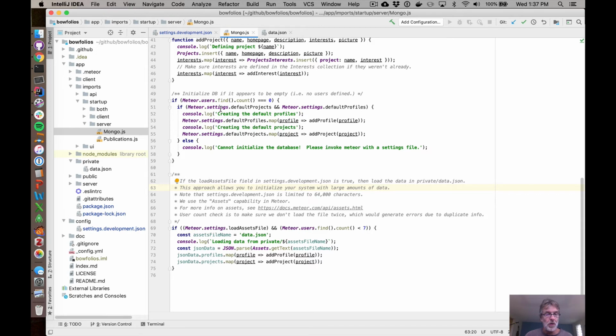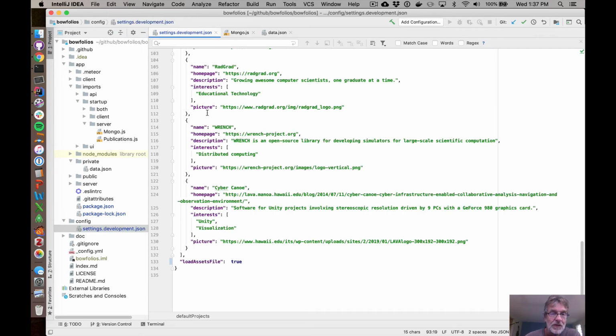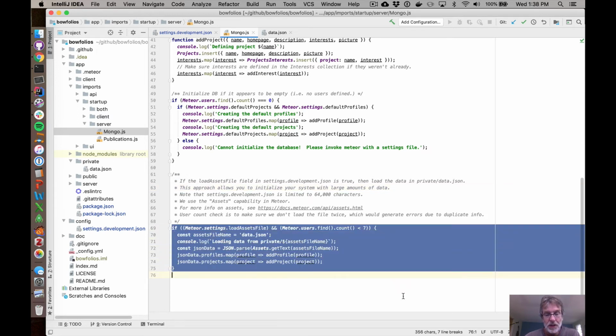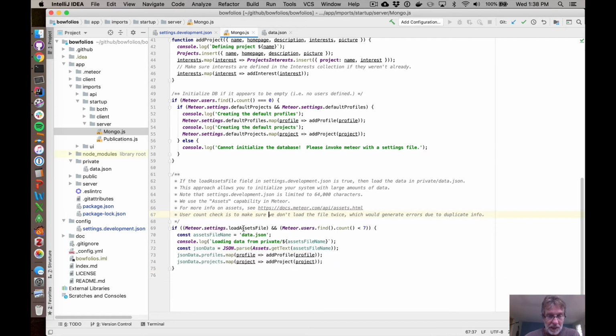So what I've done in this version of the system is I've gone into the settings.development JSON file, and I've set load assets file to be true. This defaults to false when you get your copy of Bowfolios. But because this is set to true, something different is going to happen: this code right here is going to be executed. And what this code says is, well, if load assets file is set to true,